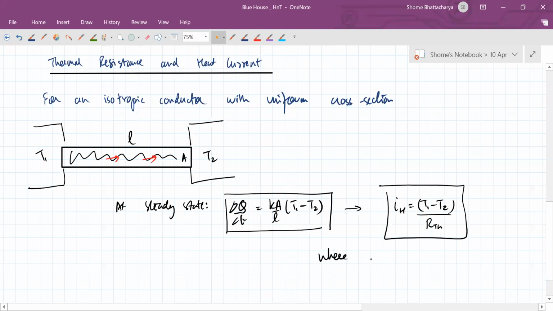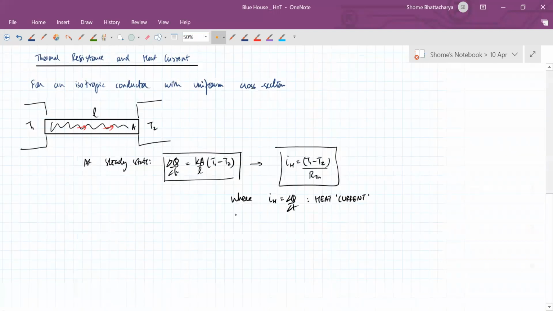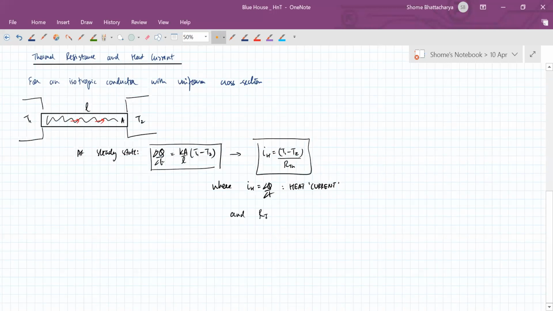where this quantity is referred to as heat current, just like we have electrical current in case of electrical resistance. And thermal resistance, if you compare the two formulae, is L upon Ka. This is called thermal resistance. So basically, this is comparable to a situation of electric current, where if you have a metallic conductor,